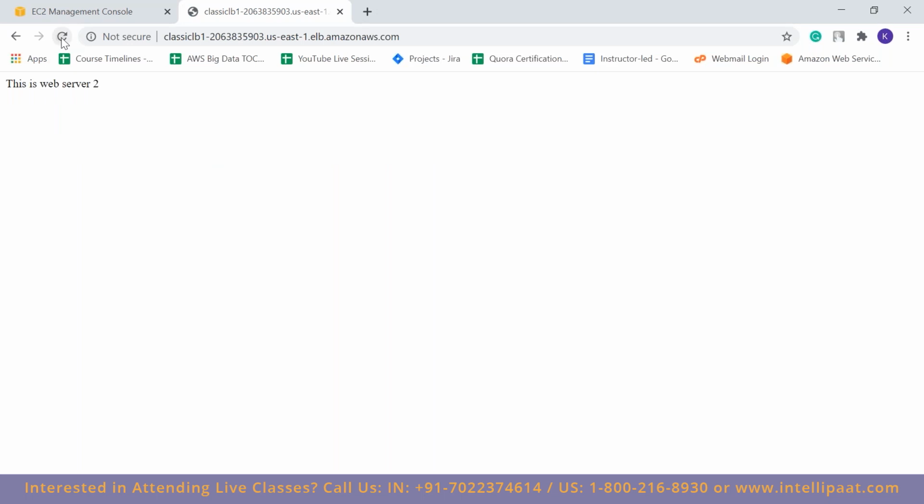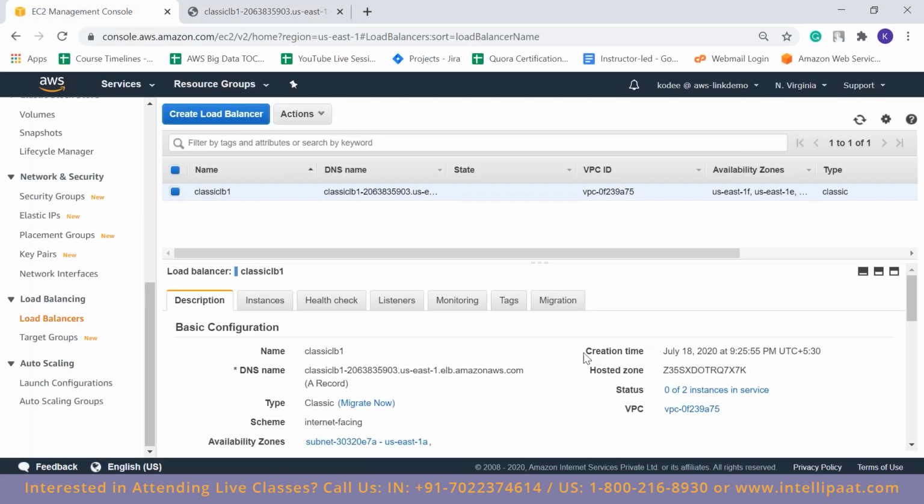Okay, so I think you understood the classic load balancer. You can have any number of instances. It will still route randomly like this, so it will take you to a different server every time you refresh. That's how classic load balancers work. We've seen the classic load balancer is pretty simple. So we've done CLB. Now let's do ALB.